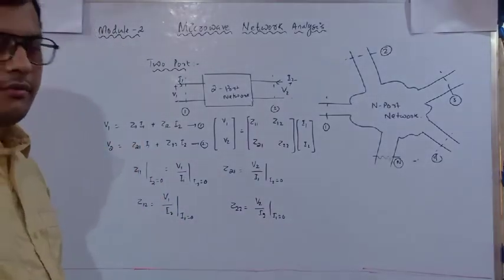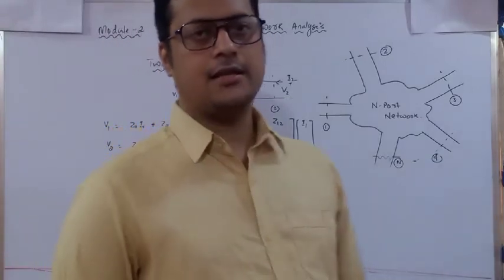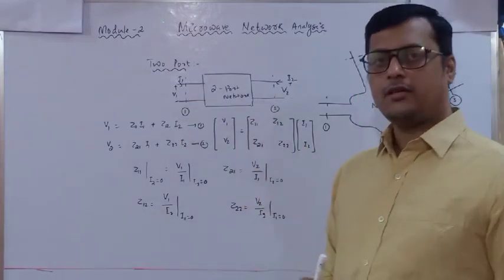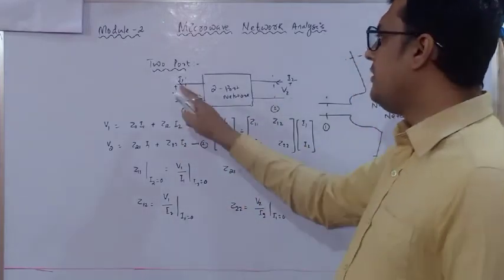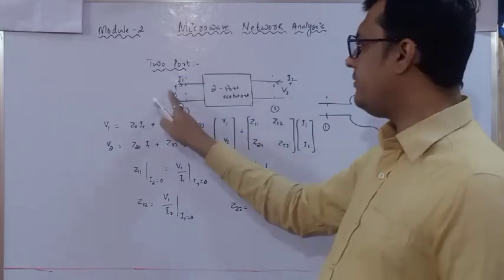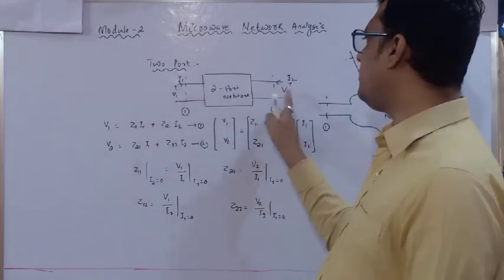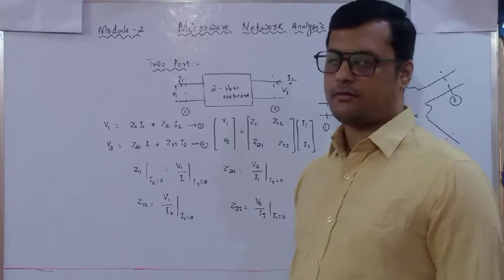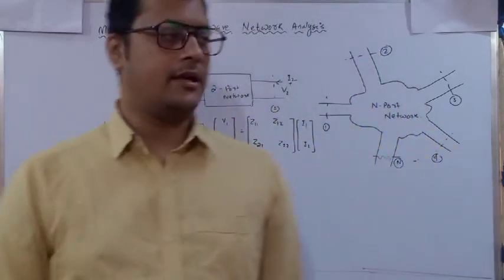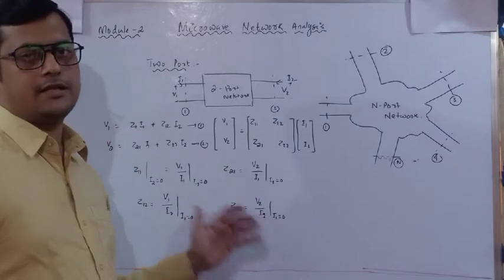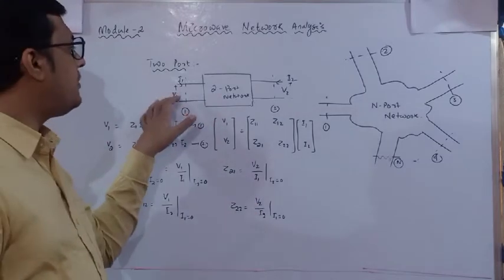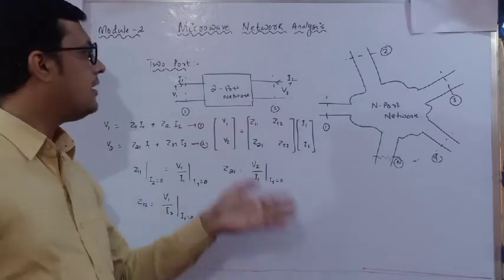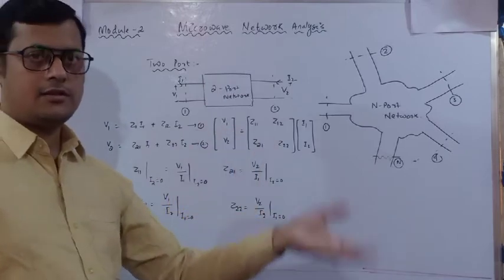So these are the 4 different parameters of an impedance matrix through which we can form 4 possible combinations, because there are 2 ports. 4 possible combinations means what? V1 with respect to I1, V1 with respect to I2, V2 with respect to I1 and V2 with respect to I2. So these are all called impedances. Impedance means it is a ratio of potential with respect to current. If this potential and this current we are relating, it is called a transfer function. Similarly, V2 by I1 is also called a transfer function.